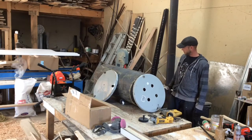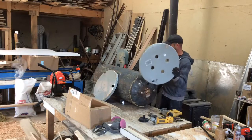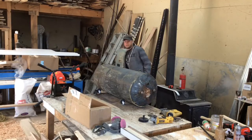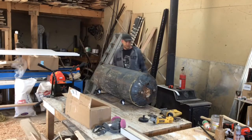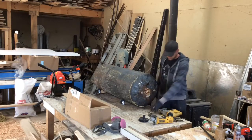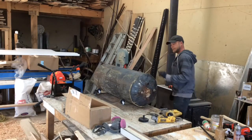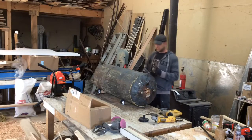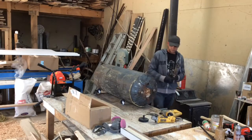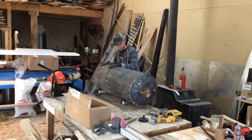The first thing you got to do is take all the metal off the outside, the top and the bottom. Then a shell on the outside. Then all the insulation has to get scraped off and cleaned off. There's all these metal tabs that will have to get removed. I'll use a grinder for that. Heating elements, grind those out. Both of them. And then from there, you have a pretty round